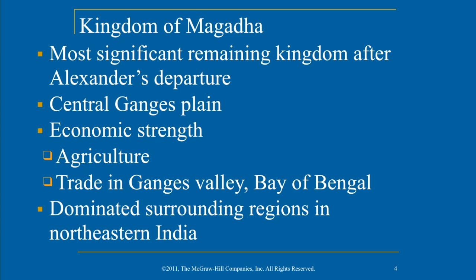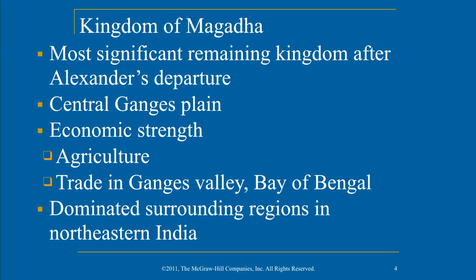Now, we talked about the importance of agriculture in the past as being able to provide for your people, provide for long-term growth of a civilization. It's one of the cornerstones of civilization. We also start to see the trade in the Ganges Valley and the Bay of Bengal. This trade led to the creation of wealth that was unable to occur up to this point because India had not really interacted with the cultures of the Near East at the time.